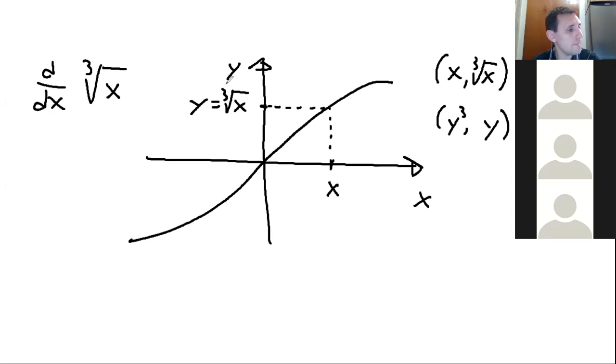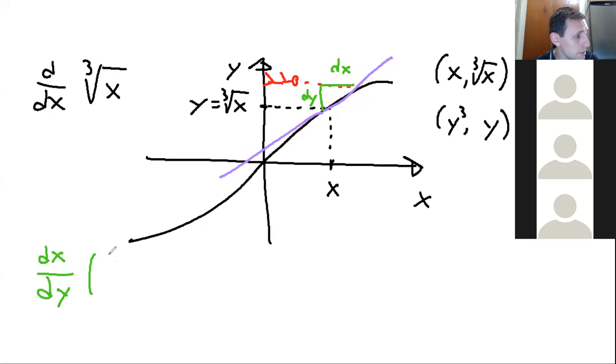Now, I know how to take the derivative of y cubed. So I can imagine placing an astronaut on the y-axis. And he sees, let's say, this tangent line. He will measure his horizontal as a dy, and his vertical would be a dx. So if you measure dx over dy of the curve,